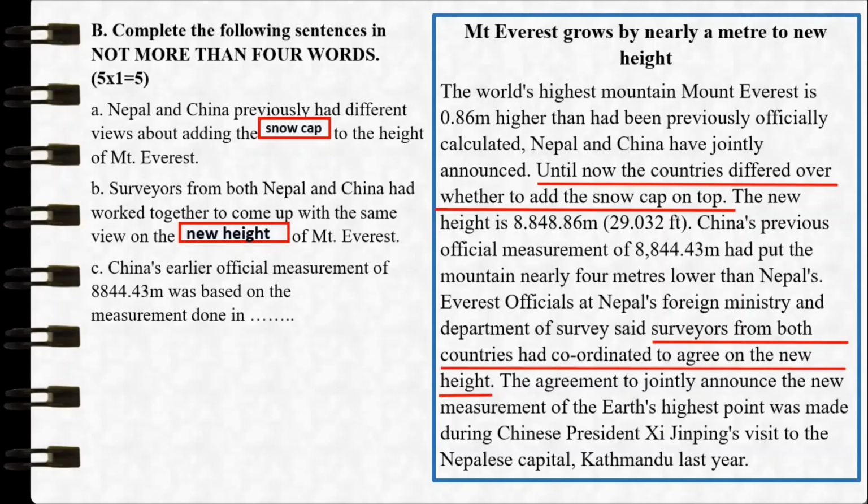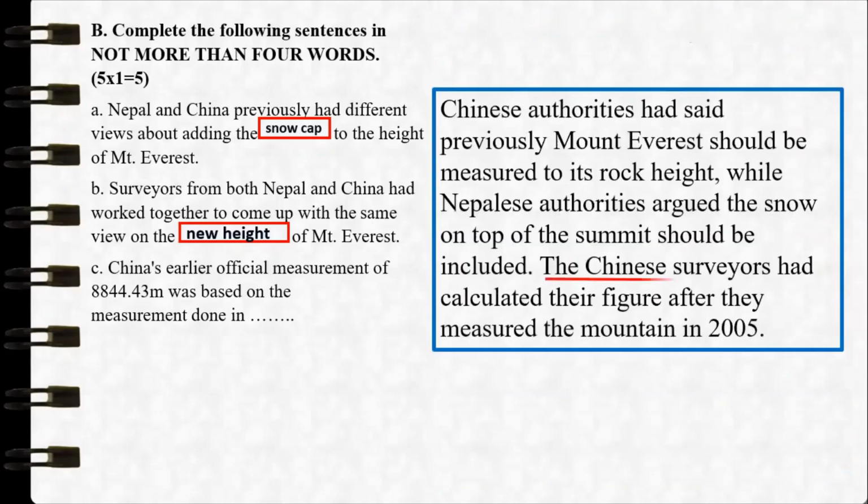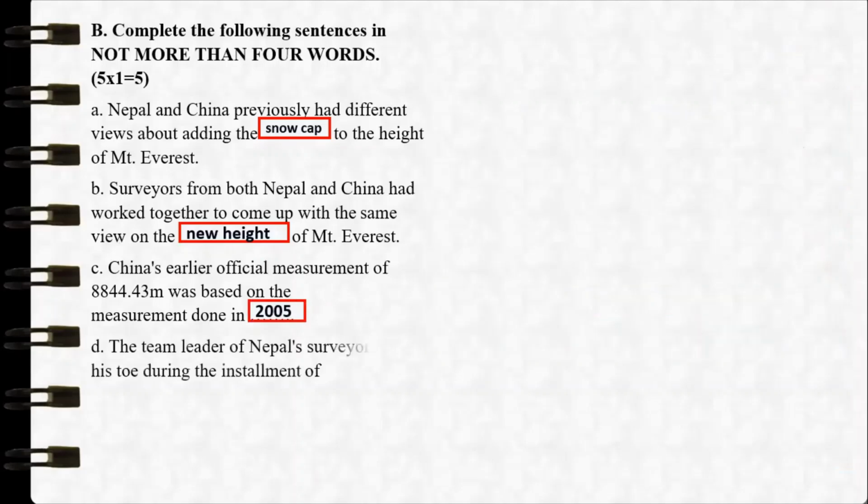This is a bit tricky because we find this word here in the passage, but what is missing is the date. It is not given there, so the information is incomplete. So go to the next paragraph. In the second paragraph, the answer is given. It talks about the Chinese earlier official measurement of Mount Everest, which was conducted in the year 2005. So the answer is 2005. Similarly, D number, the team leader of the Nepal surveyors lost his toe during the installment of